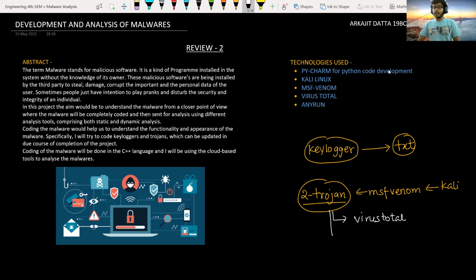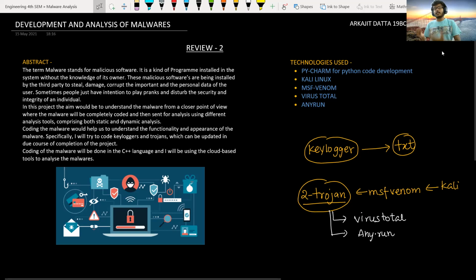The next thing will be using any.run, as any.run is the best way to do dynamic analysis and network analysis. It can easily track any callback, reverse shell, anything. So we'll be seeing the Trojan analysis under any.run, and try to get the report and analyze that. Now we'll first look at our keylogger, for which I'll be switching to my